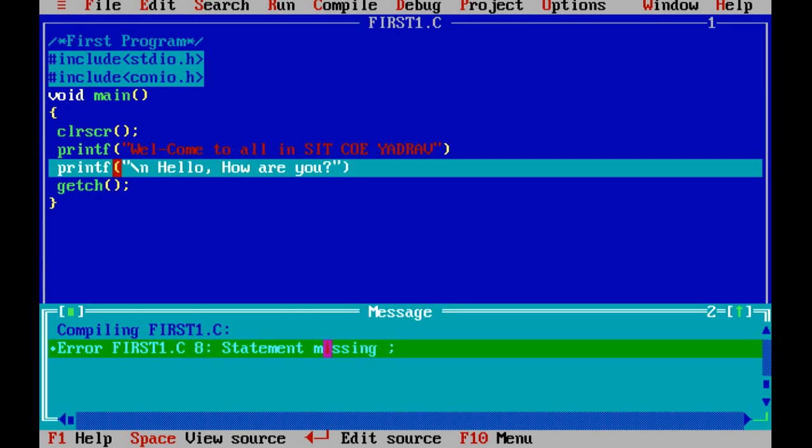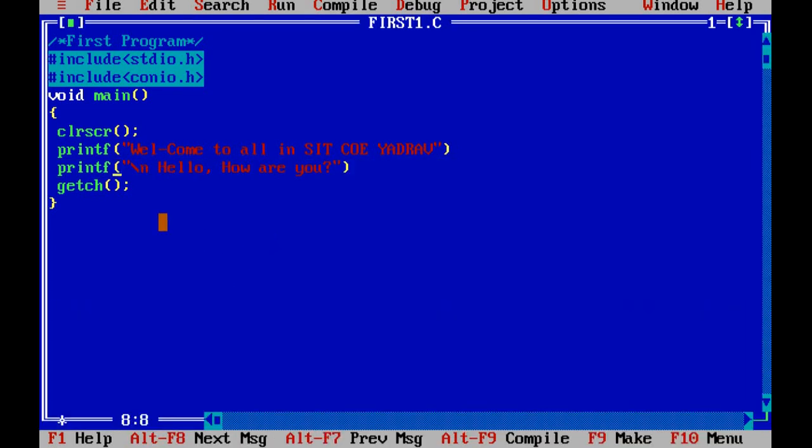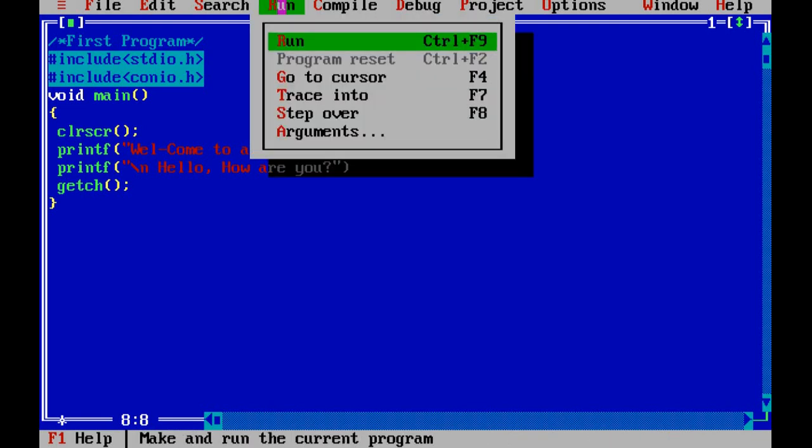So what is the error? Statement missing. Which statement is missing? Semicolon, because printf is not ending with a semicolon, so it generates the error. This is called a compilation error. If we make any syntactical mistakes while writing the program, then before execution, when we compile the program, the compiler gives the syntactical errors in particular lines, and we need to fix those first. Suppose you do not clear the errors and just go on to run the